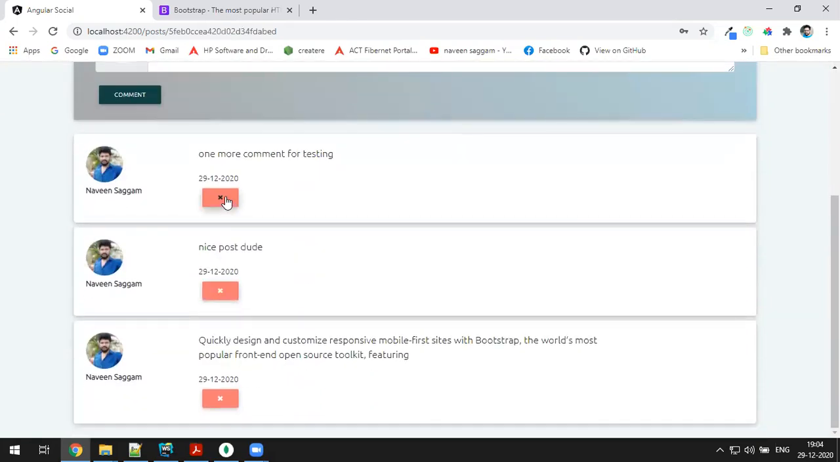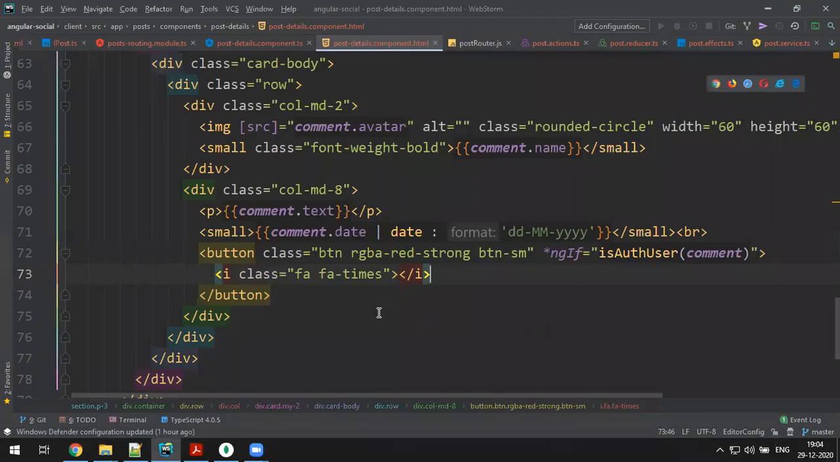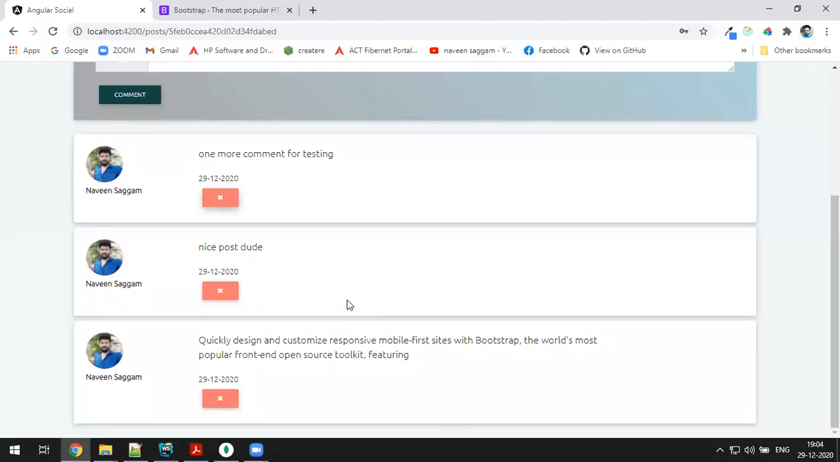When I click on the delete button, I have to delete the comment. Click on this button. Simply do one thing. What is required to delete? Sorry, delete comment man. For delete comment,